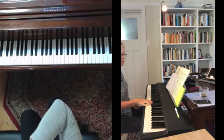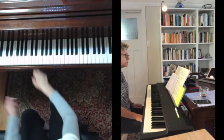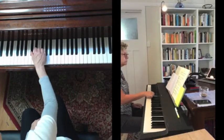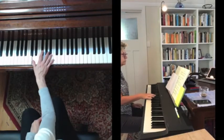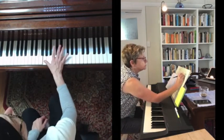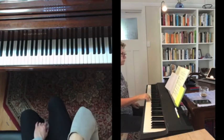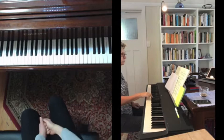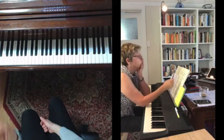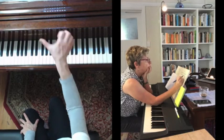Got to watch out where you have thumbs and where you have twos in your alto voice. So you got to go real slow. You start with thumb, thumb, thumb, thumb, thumb, thumb, half note, 2, 1, 2, 1. I did that just when I learned it. I learned all those thumbs and the twos. So you have thumb, thumb, thumb, thumb, thumb, thumb, 2, 1, 2, 1, 1 with 2 notes, 1, 1,